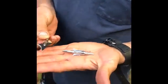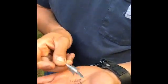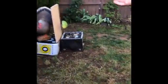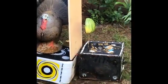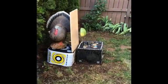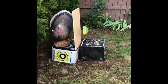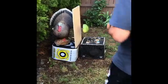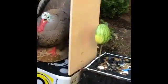125 grain Kudo and a 125 grain Grim Reaper mini mag. I've done this test before on a 1/2 inch piece of marine plywood, and it went pretty well. I shot it like 3 or 4 times, and now I just want to see it shoot through something even thicker. So that is a 3/4 inch piece of plywood, marine grade, and we're gonna do the same thing, shoot